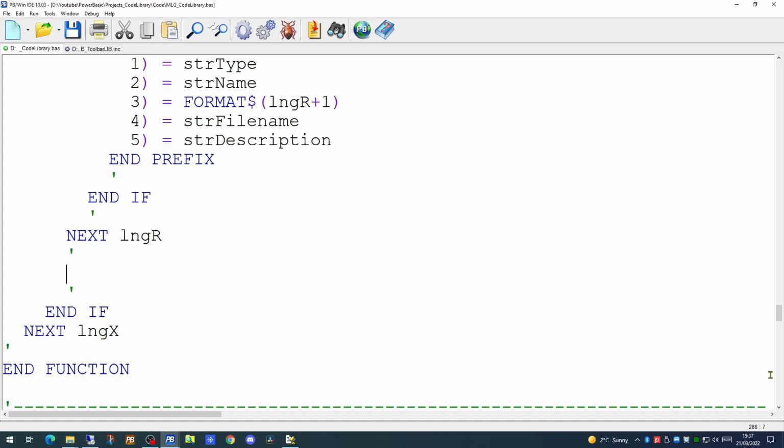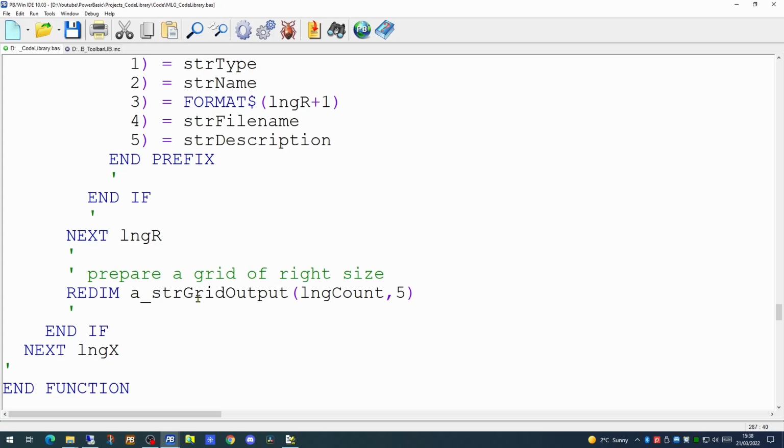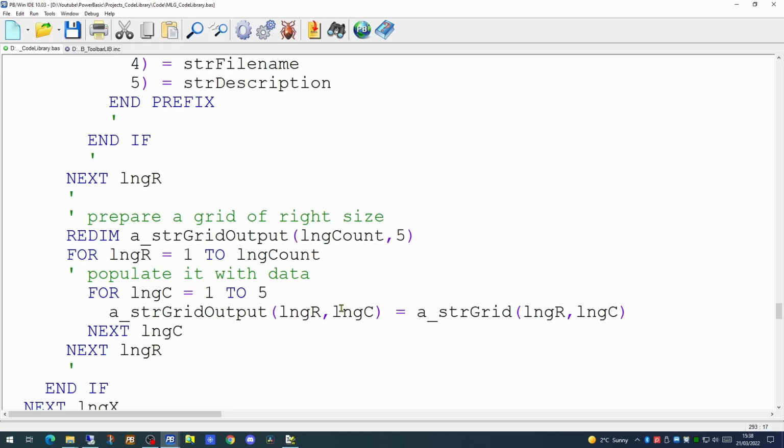However, since the array we are populating at the moment is a large array, and we only want to show the user the number of rows in the grid on the screen containing data, we're going to prepare another grid which is going to be used for our output. And we'll make that exactly the size of the data. Since we know that long count is the total number of rows we need to prep, we will prep an array based on that. So we'll use a redim command for our str_grid output array. And a simple for next loop that steps through each element and populates that from the str_grid array. This will now give us a grid we can actually use to put directly into the MyLittleGrid control itself.